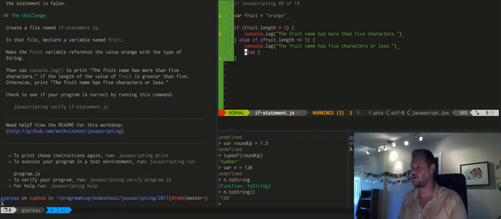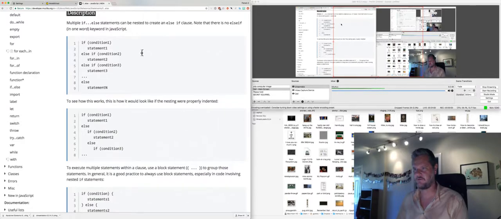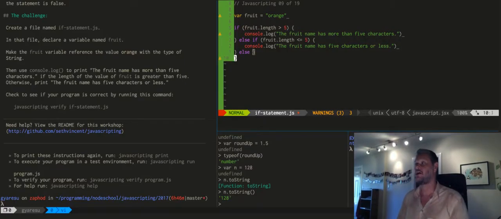And in which case, you could then have a final conditional: if, else if, and then else as a final. Fair enough. All right, so if fruit.length is greater than 5, say, hey, the fruit's got more than 5 characters, or the name of the fruit. And then you could do else if fruit.length is less than or equal to 5, the fruit name has 5 characters or less, and then else you could actually just go